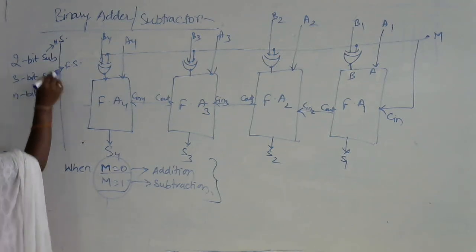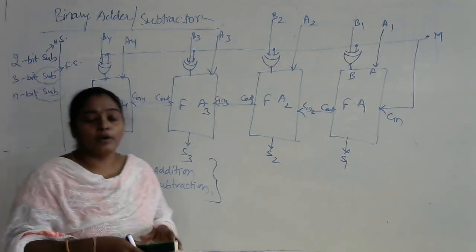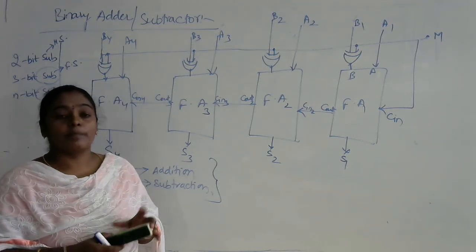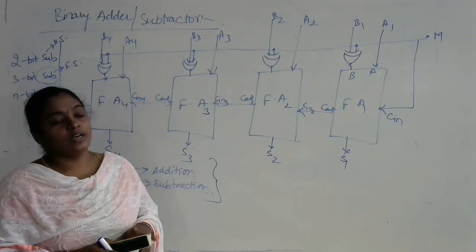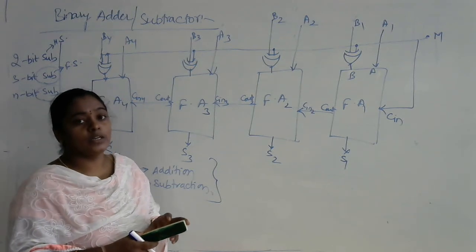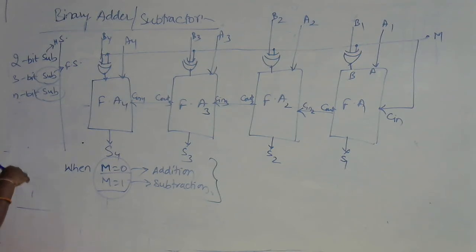But even though you are performing the operation of a subtraction, the system will not perform the subtraction operation directly. Instead, it will perform the subtraction operation by using a process of addition. Such a concept is called a complement. So, by using the complements, that is by using the 2's complement, we are going to perform the n-bit subtraction. If we are using 4 parallel bits at a time, then it is called a 4-bit subtractor.